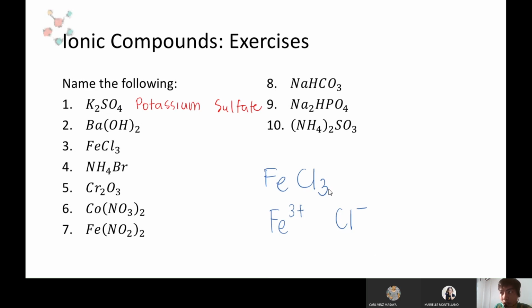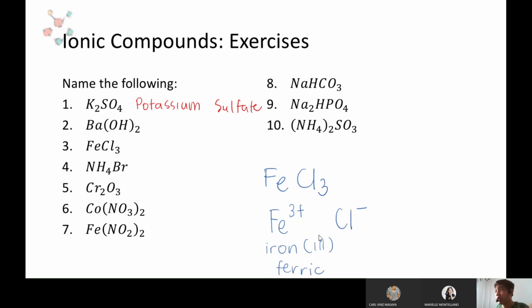So, itong 3, saan to galing? Kay Fe. Yung 1 dito, saan galing? Kay Cl. Okay? Then, ano na? Pangalanan natin yung Fe3+. So, ano yung mga pangalan na pwede dyan? Dalawa yon. Pwedeng iron 3, o kaya,